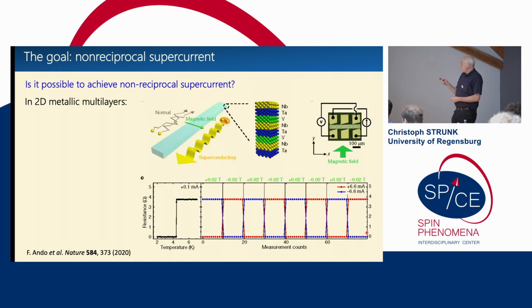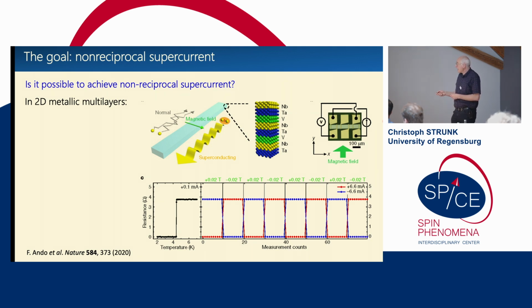And so an experiment that has attracted a lot of attention in the last years was coming from the group of Teruo Ono, where they introduced such a stack of 3 different superconductors. And you see the unit cell of this stack breaks inversion symmetry. If, in addition, they apply a magnetic field perpendicular to this Hall bar through which they send their current, they found that